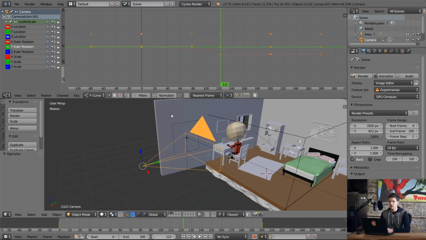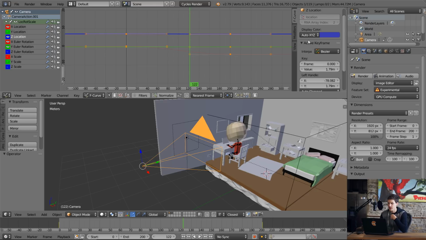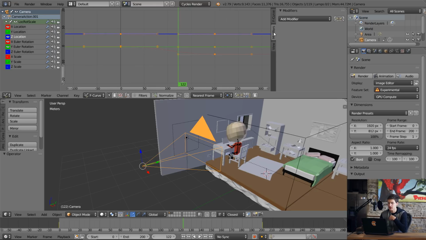So I'm going to start by doing the up and down motion, as I said earlier. So that is editing the Z location. In order to add a noise modifier to make it a little bit bumpier, right, we're going to select the Z location keyframe over here on the left. We're going to press N to open up the properties panel over here. We're going to select modifiers off this list, and we're going to add a modifier and